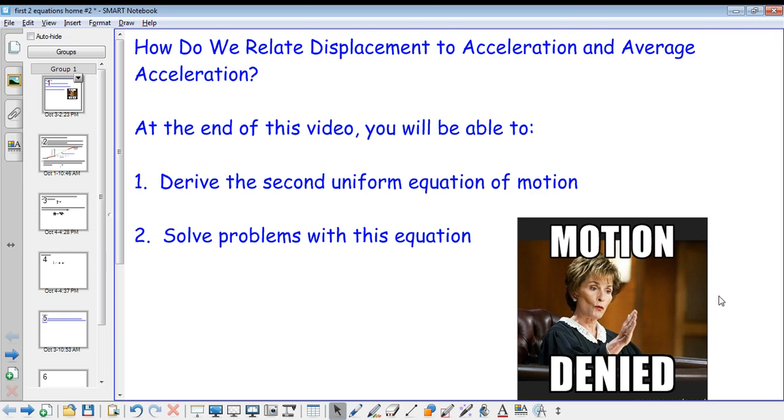Good afternoon. This video is devoted to learning about the second equation of motion. At the end of this video, you will be able to derive the second uniform equation of motion and solve